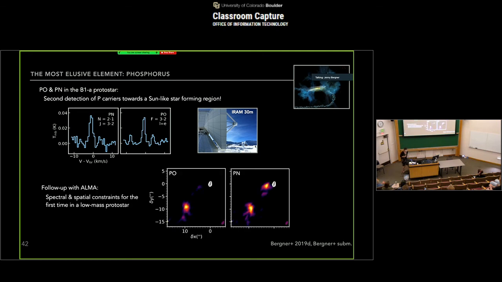But what's really exciting is that we now have follow-up observations delivered by ALMA. So instead of just a little spectrum, we have both spectral and spatial constraints on where the phosphorus is emitting from. You can see the white contours here are the continuum, so we have a disky-like structure within this protostar. And the PO and PN are emitting from 2 distinct clumps that are pretty offset from the dust continuum. We also see some really interesting differentiation in the emission patterns of these two phosphorus carriers.